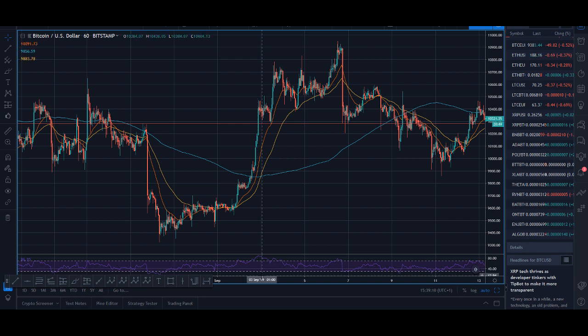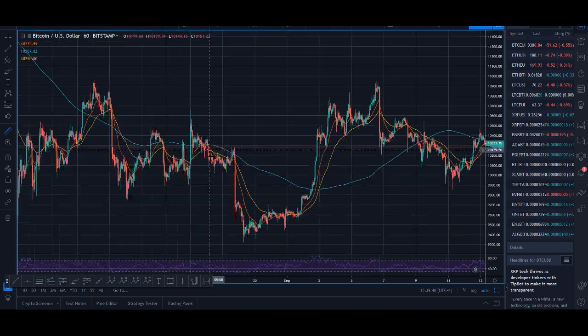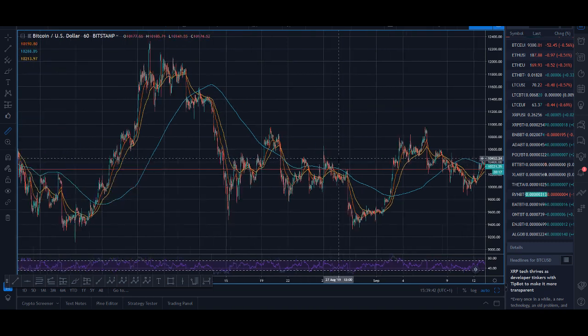The way people usually use it is if it's oversold, people sell. If it's overbought, people buy. But if you see that it was really oversold here, if you sold it here, it carried on higher for another 5% before it went down. Or if you bought it here, this would have actually worked, but this would not have worked. But if you use it with the moving average strategy, so here it's pull back to moving average, RSI is oversold. If you buy it here with the stop below, that would have been a winning trade. So that is the first question answered, how I set up my TradingView.